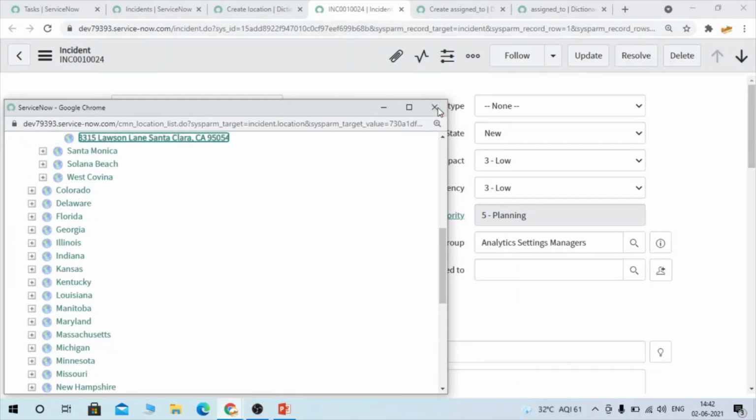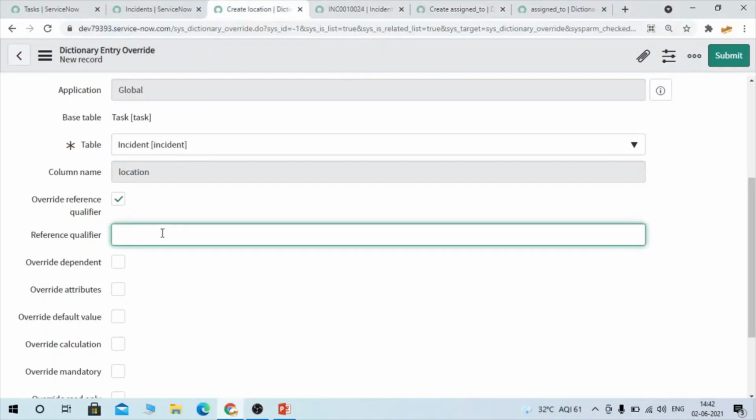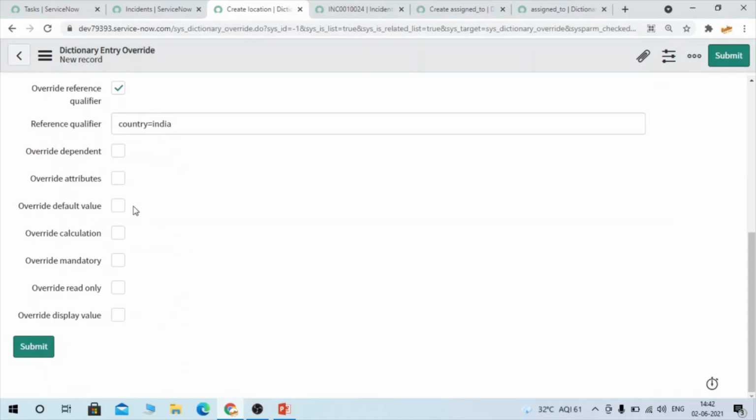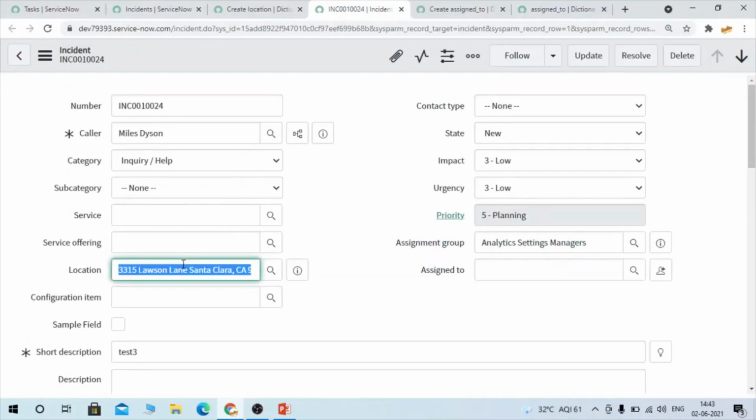I want the country to be India. I also want to provide a default value, so let's provide this one.